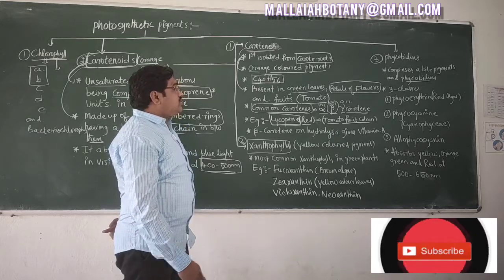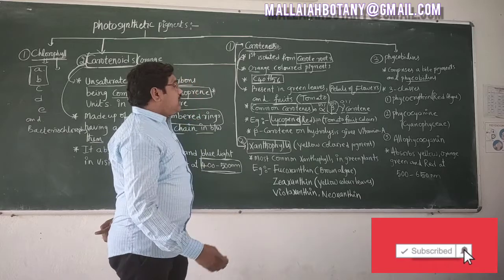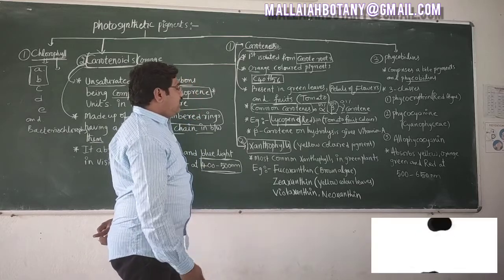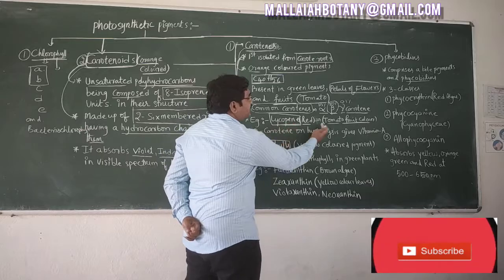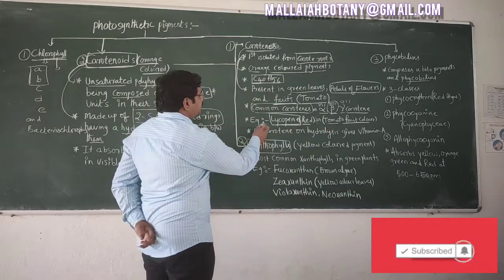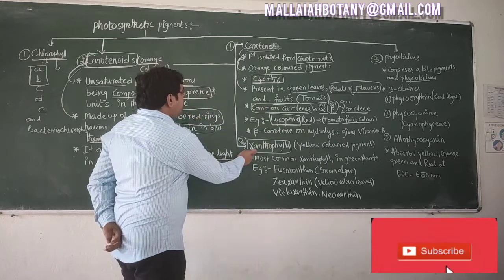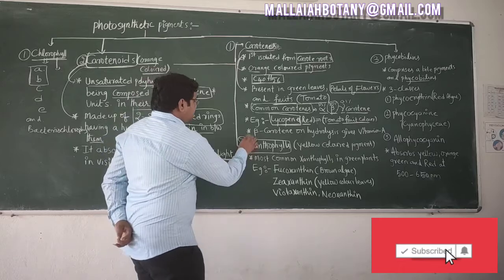And also Lycopersicum esculentum, that is the chili fruit, also contains lycopene. That is the color of the fruit. Okay, so this is the best example for the carotenes. So next, the second group of the carotenoids, that is the xanthophylls.